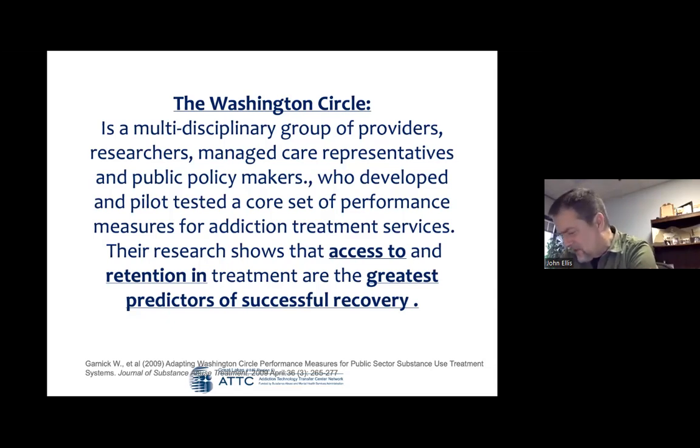They looked at evidence-based practices. They looked at therapeutic alliance. They looked at about everything that you can find, risk and protective factors, the 40 assets. But what they determined was the leading indicator of positive or preferred treatment outcomes was simply access to treatment and retention in services once people got there.